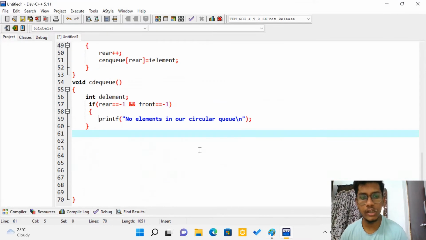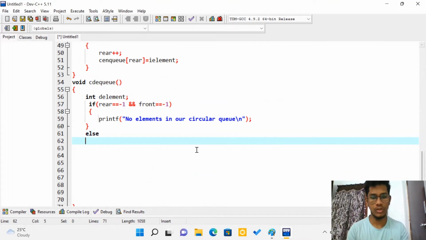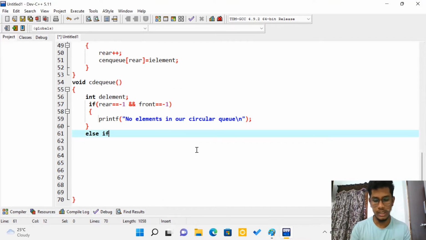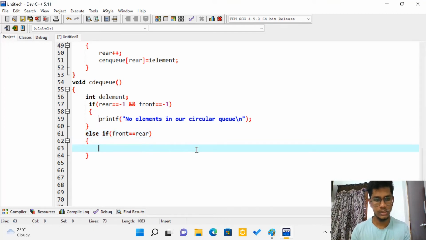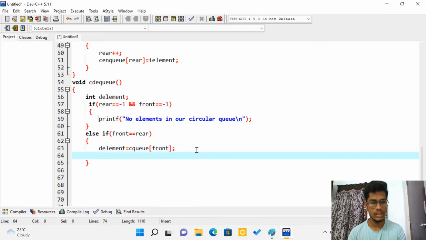So I'll be writing else if front double equals to rear, what I'll do is d element, my d element would be cq of front, and then I'll be increasing the